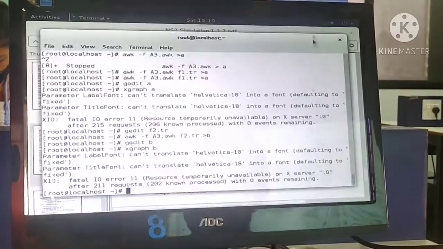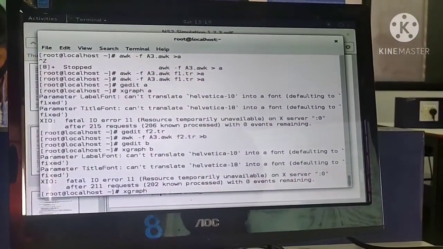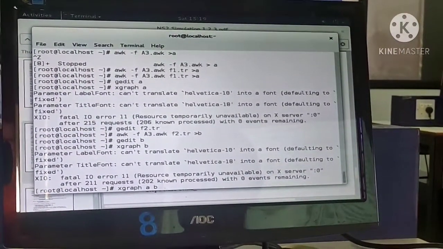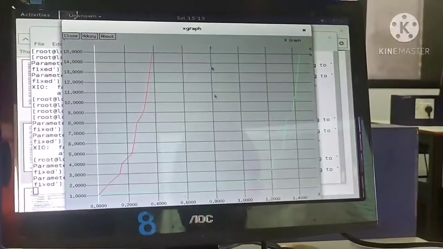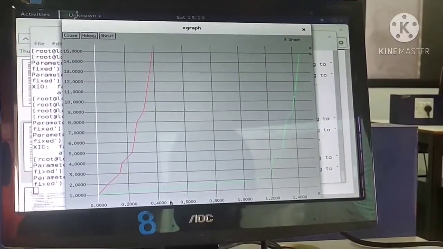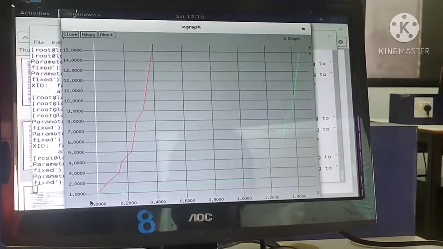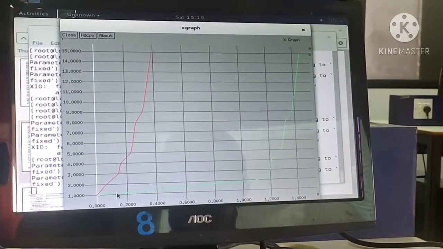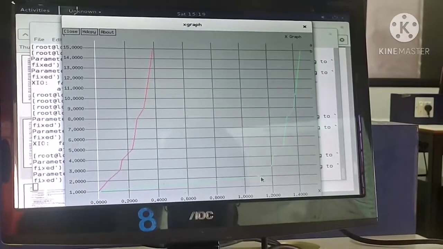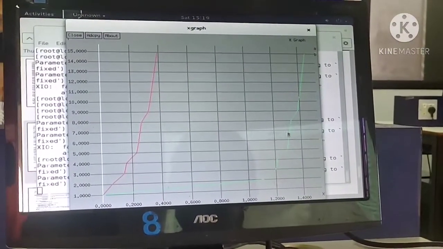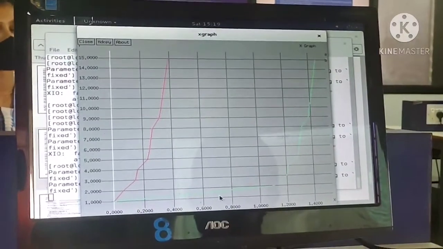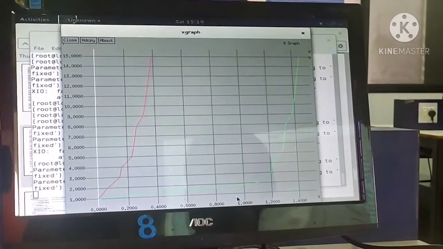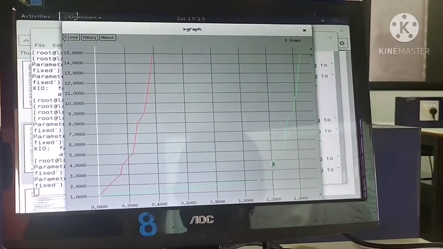Okay, so you can compare both the graphs now by passing two parameters to this xgraph command, xgraph A and B. Two input files you pass, A and B, so that it will be easy for us to compare. Now you can see the red graph is normal TCP, the green graph is TCP Reno. The red graph says as the time increases, the congestion window size increases rapidly. But the green graph says the congestion window didn't increase till this point of time. After a certain point of time only, it started increasing. That means the source was not sending too many packets in the case of TCP Reno. Okay, so that's all about the third program. This is the graph you have to show finally.